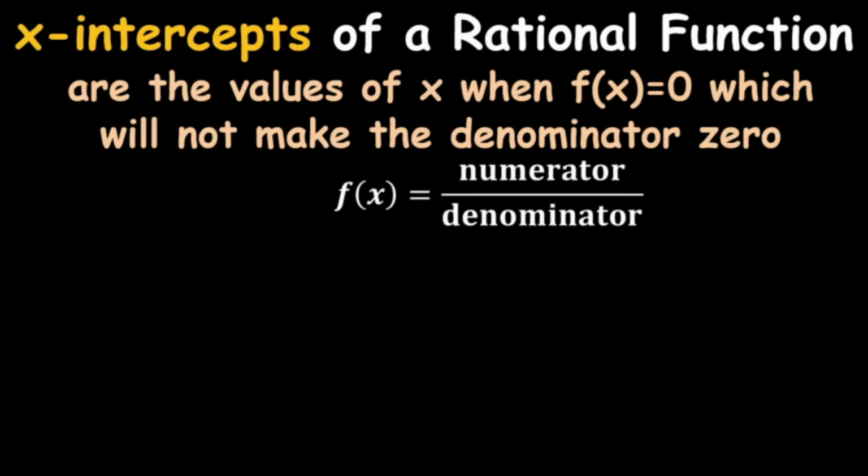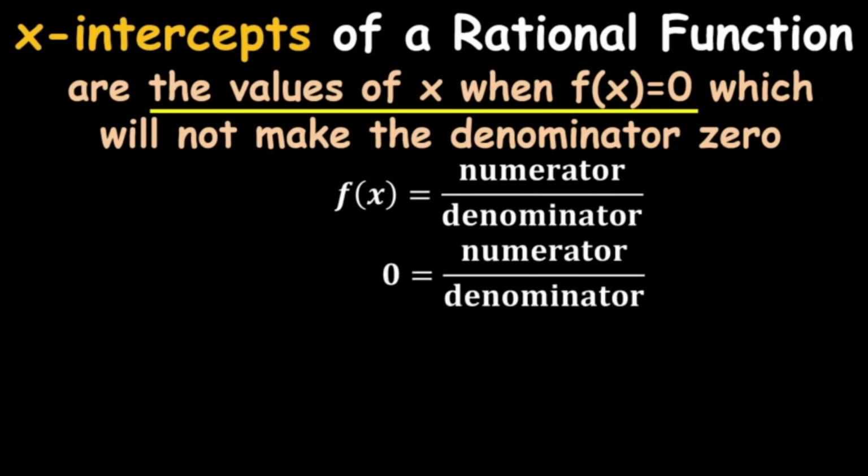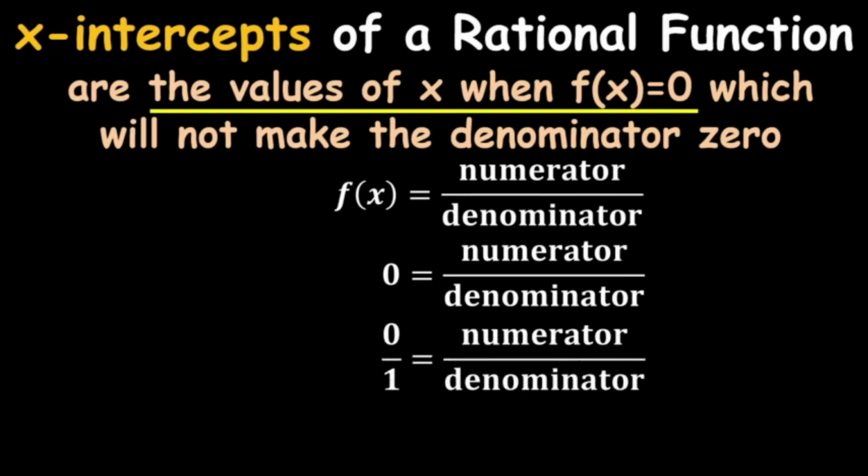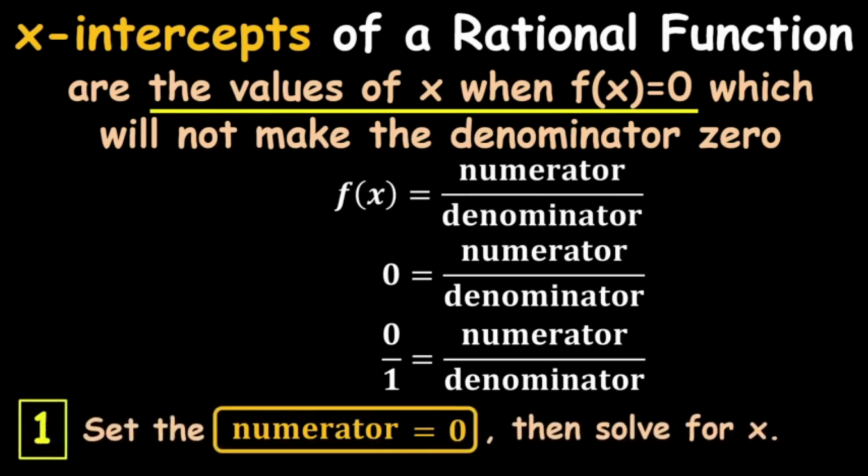From the definition, the x-intercepts are the values of x when f of x is equal to 0. Meaning, to solve for the x-intercepts, we must replace f of x with 0, then solve for x. We can simplify this equation by cross multiplication. 0 can also be written as 0 over 1. 1 times numerator is numerator equals denominator times 0 is 0. The first step to solve for the x-intercept of a rational function is to set the numerator equal to 0,